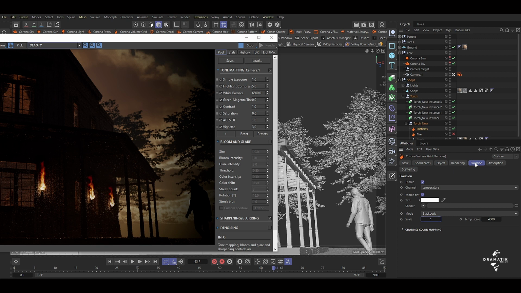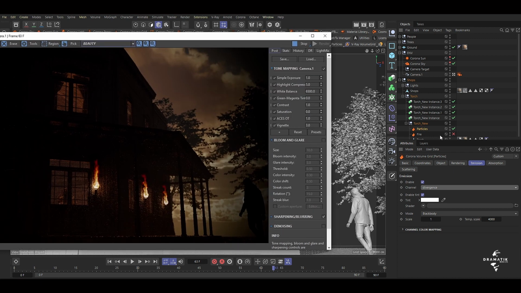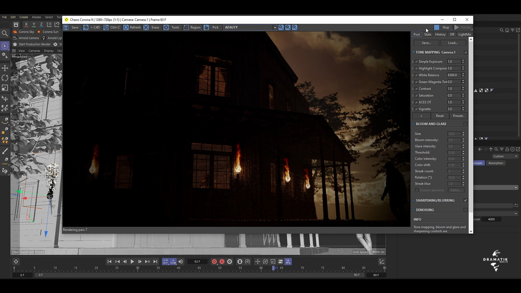But that's not really what I want. So I'm gonna go to temperature and then change this to divergence. Okay, change this to divergence. See that? And scale is okay. And let's just go test this and see. Remember, the other one is shut off. So then if you stop this and we go here,